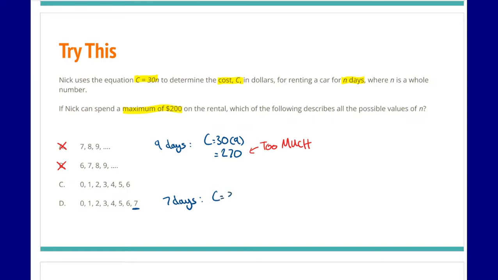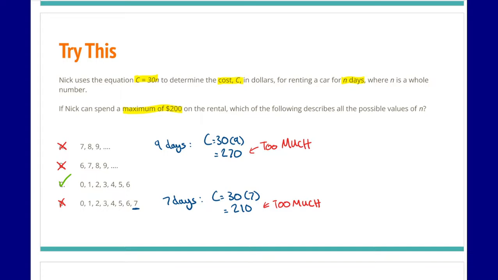So C equals 30 times 7, 210. Okay, nope, too much. So that means D is wrong and C has to be correct. So by doing two substitutions, I can already cross off answers that are wrong and figure out which one is